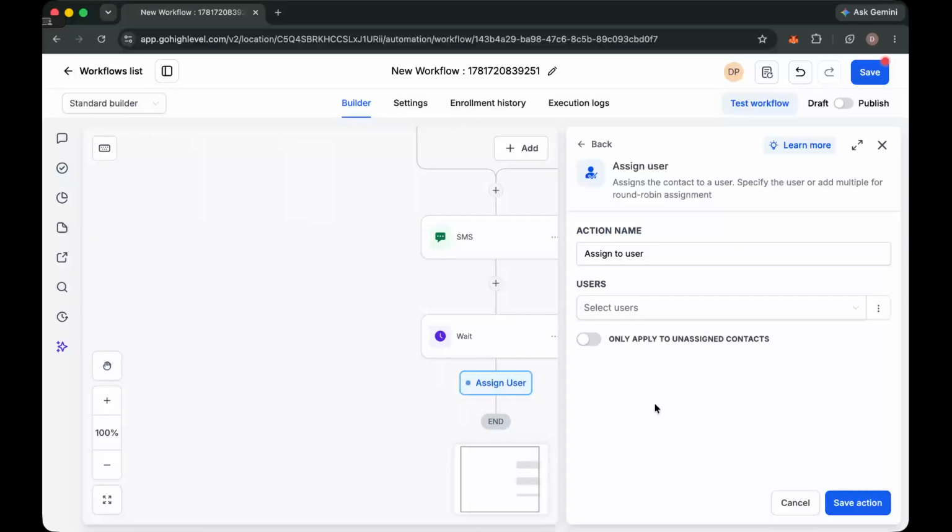Now GoHighLevel will automatically run a complete sequence of actions for each lead. You have now learned how to create